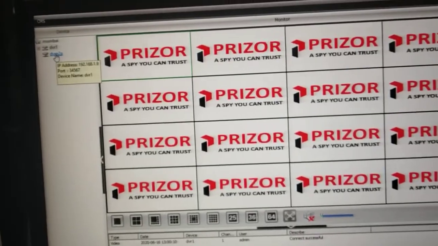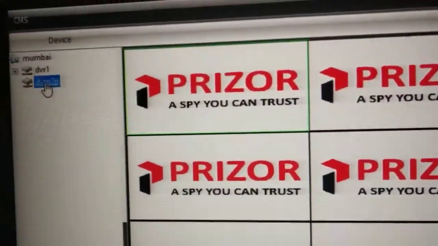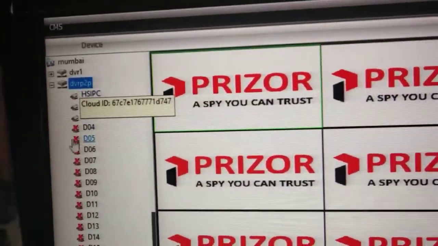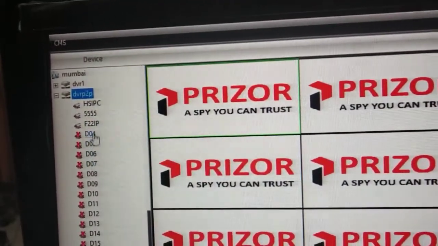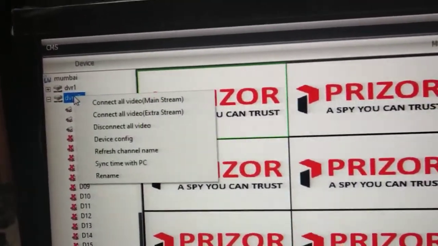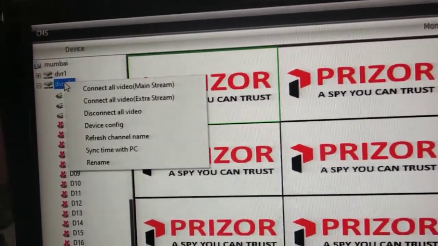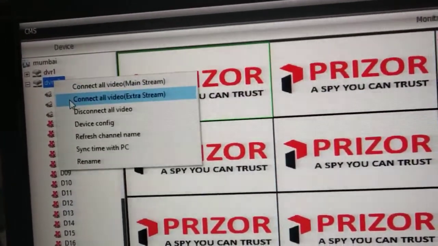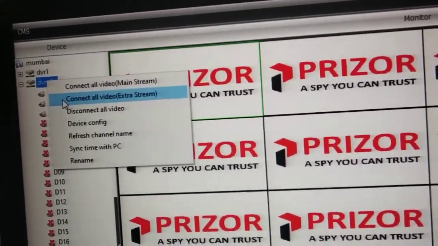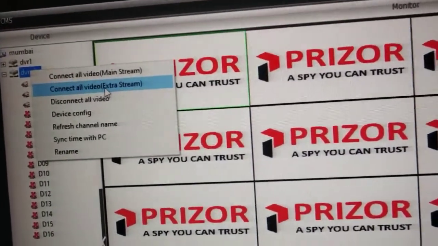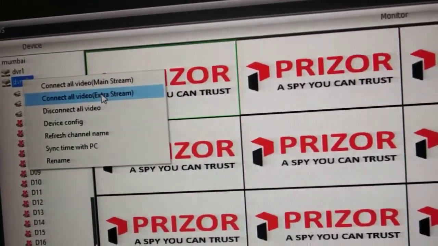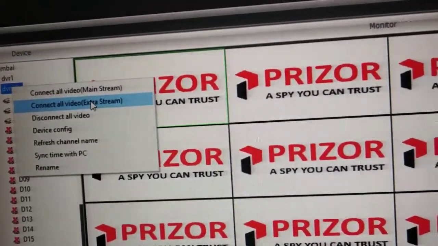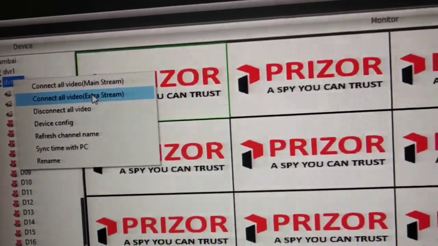So I will show you from P2P. So double click on it. Okay, so now your DVR is online, so right click on it. So note down, first if you are configuring from P2P ID, you need to select extra stream, because P2P takes very little streaming.